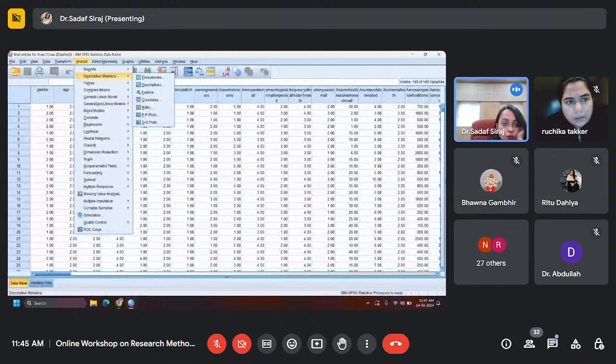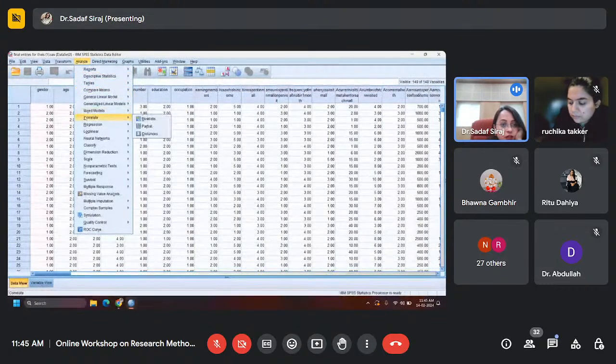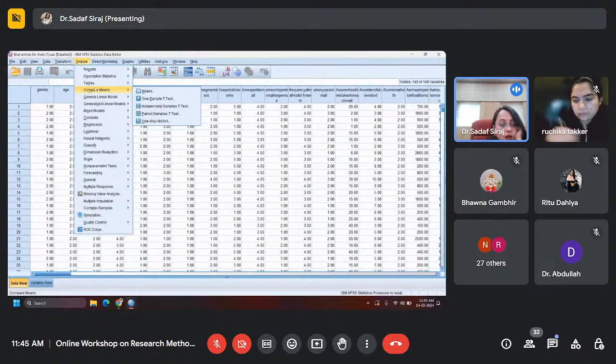You can see there's a whole drop down menu having all the possible tests, parametric as well as non-parametric. You can see descriptive statistics, then you can have correlation, you can have regression, you can compare means, which means either we are having t-test or independent t-test, pair comparison, one way ANOVA. You think about it, and the test is inbuilt in the system. You do not need to mug up or learn any kind of equations. The data is there, the tests are there.